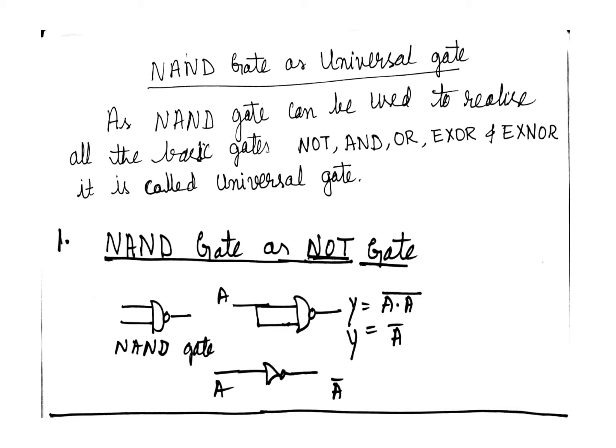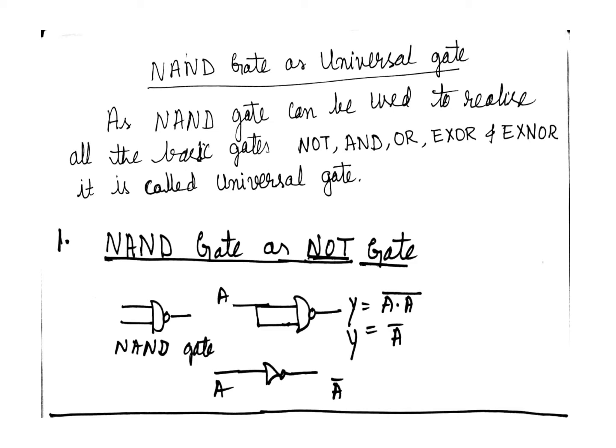The first one is NAND gate as NOT gate. How can we realize NOT gate from a NAND gate? Here we have a 2-input NAND gate. Both the inputs are tied together and connected to a common point A as the input. At the output of the NAND gate we have y is equal to (A dot A) whole complement. Since A dot A is equal to A, we have y is equal to A complement, and hence the NOT